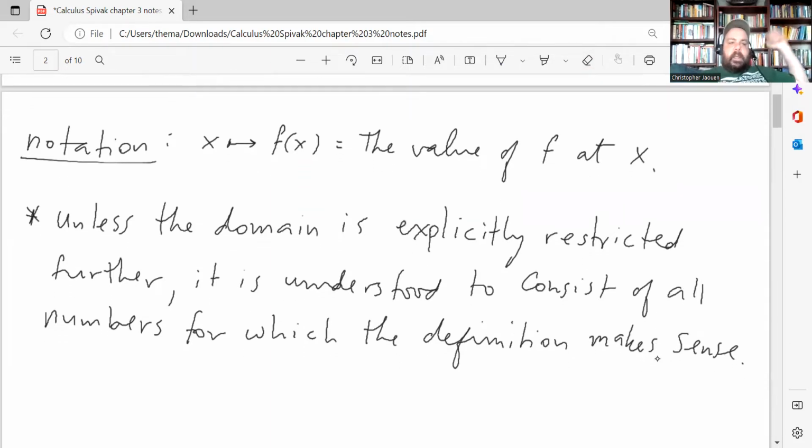Okay, and then this is usually a statement that people make in an algebra, calculus course, etc., just for ease of writing things down. Unless the domain is explicitly restricted further, it is understood to consist of all numbers for which the definition makes sense. Just as an example,